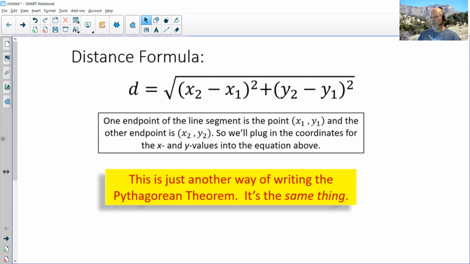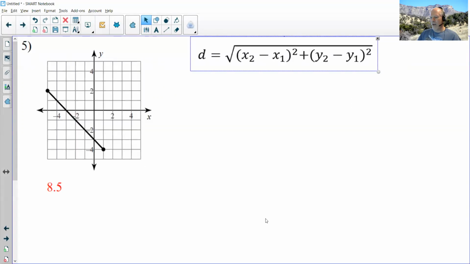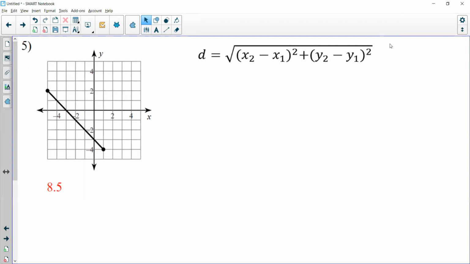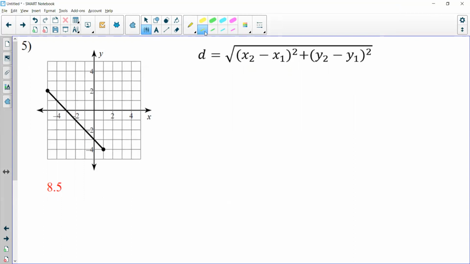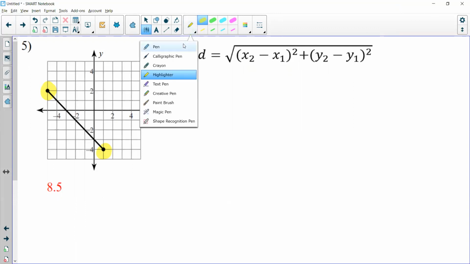So here's how it works. If we're ever given a graph of 2 points and we want to know the distance between those 2 points, like for example, on the screen here, we're trying to find the distance between the 2 points indicated by the line. So we have one point here and the other point here, and we're trying to find the distance between them. The way we do that